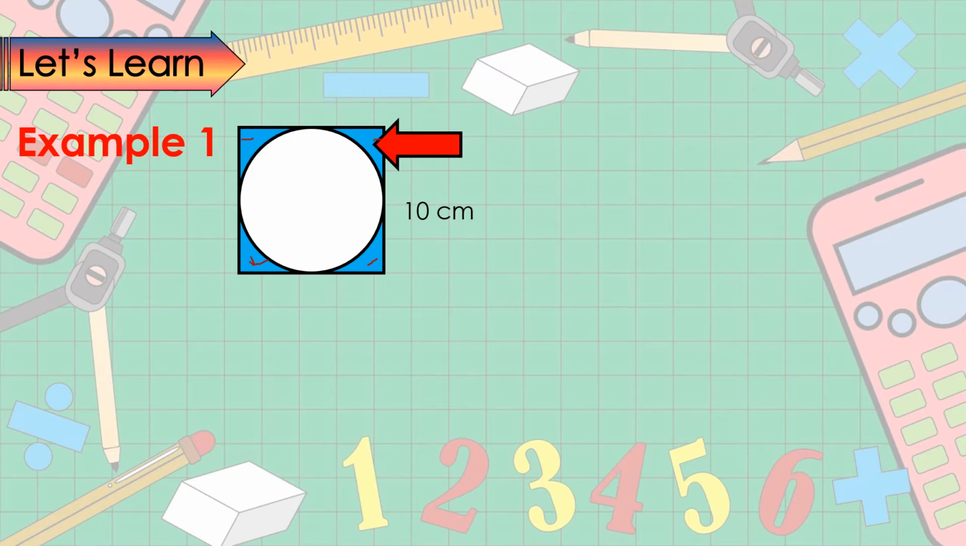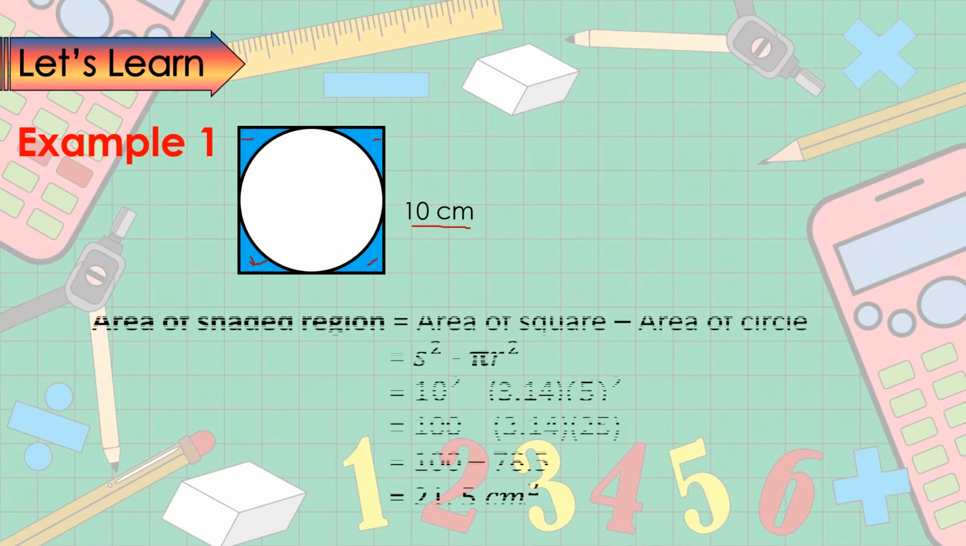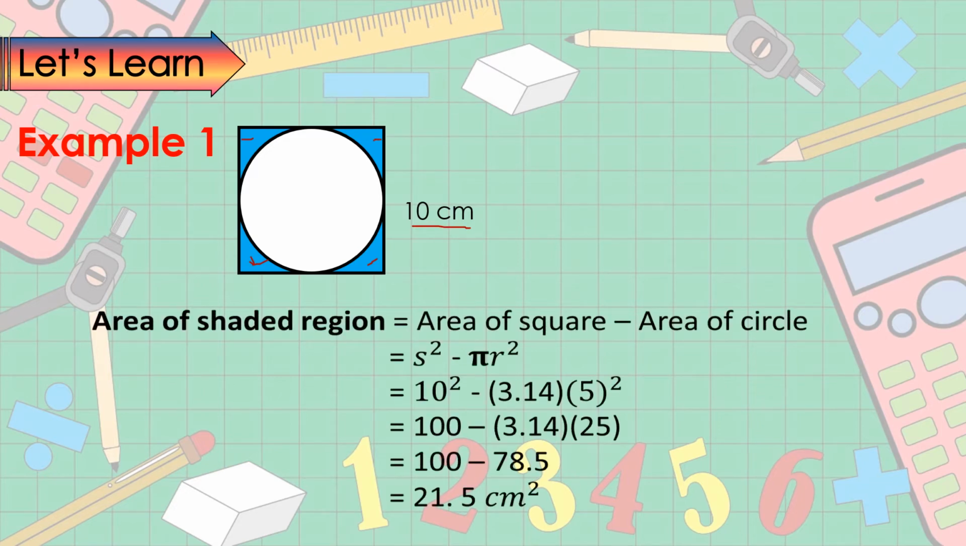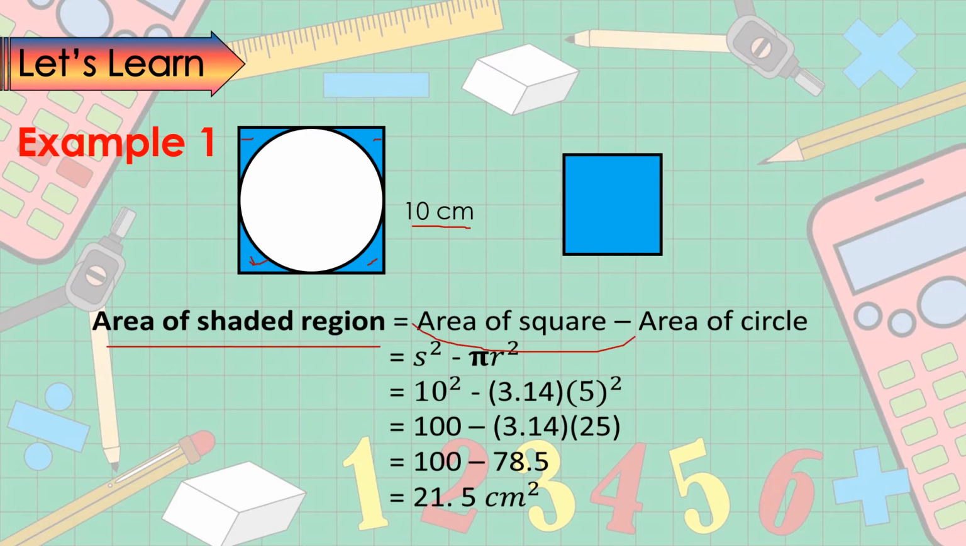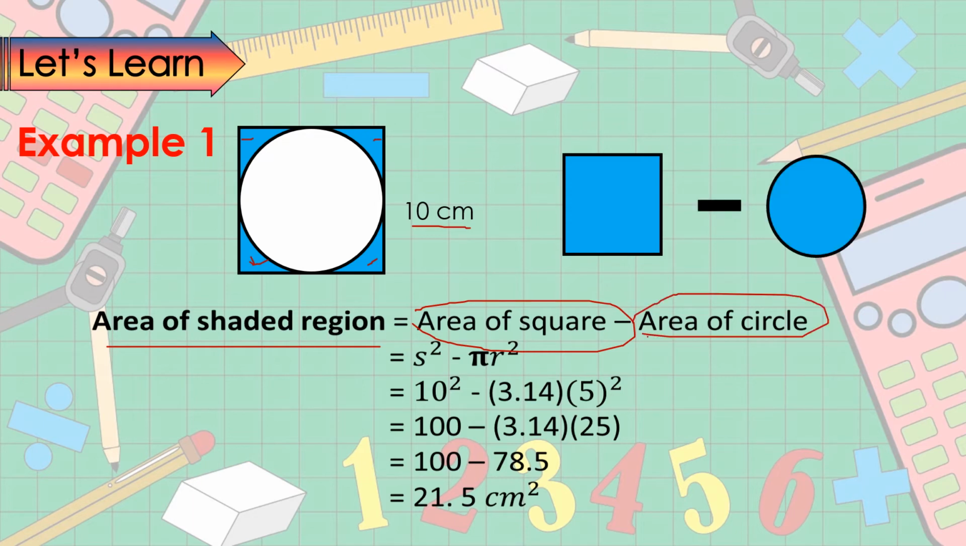Given the value of the side, we have S is equivalent to 10. Since this is a square, all of its sides are the same, right? So, to get the area of the shaded region, we are going to get the area of the square minus the area of the circle. Now, let's write down the formula. So, we have S squared for the square, and then pi r squared for the area of our circle. Substitute the values. So we have 10 squared minus 3.14 times